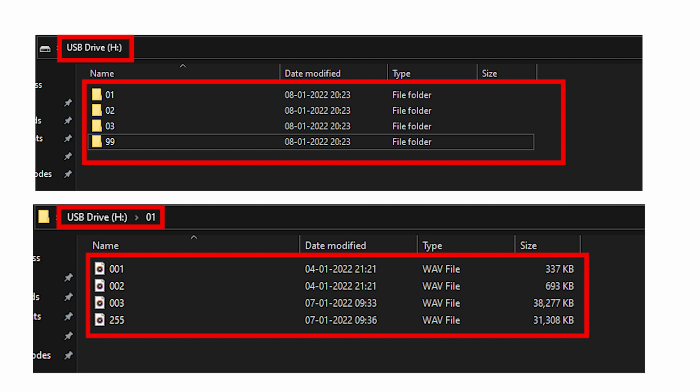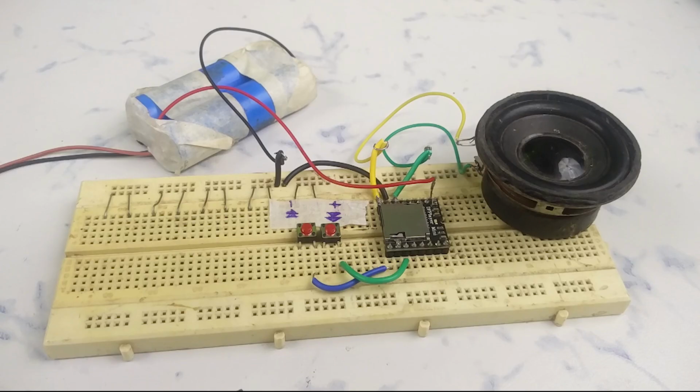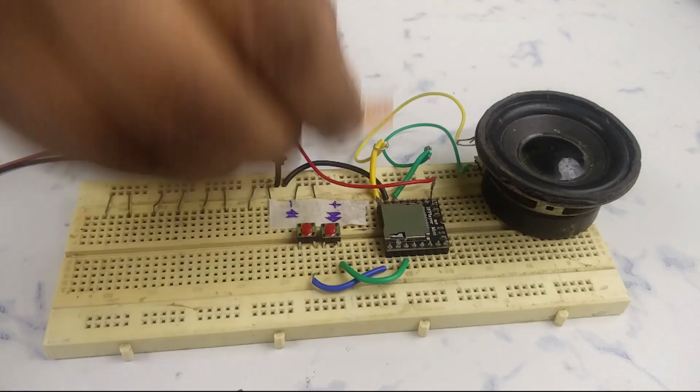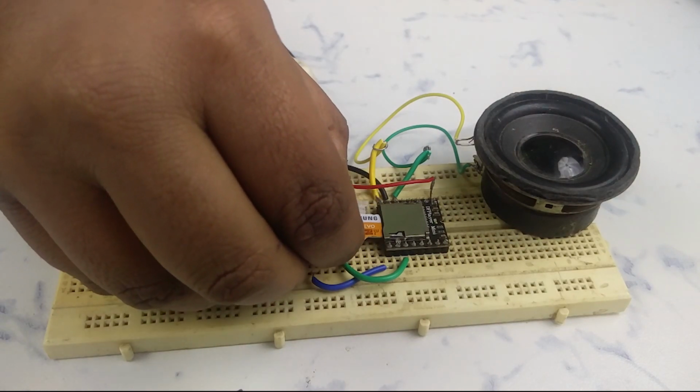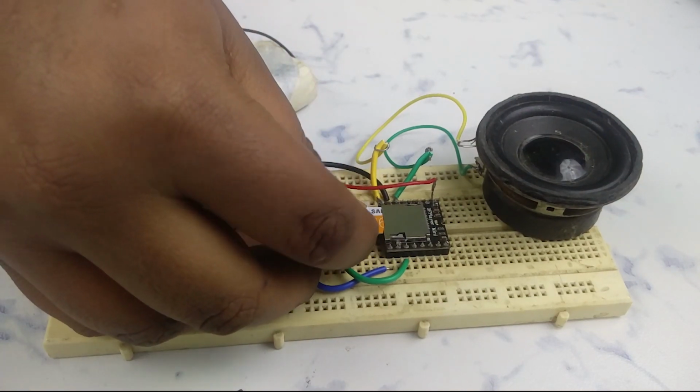In the second way, you can make folders up to number 99 and you have to name the folders like 01, 02, 03. In each folder you can store up to 255 music files and you have to name the files like this: 001, 002 and so on. I have already stored the music into this SD card and now I will insert it.